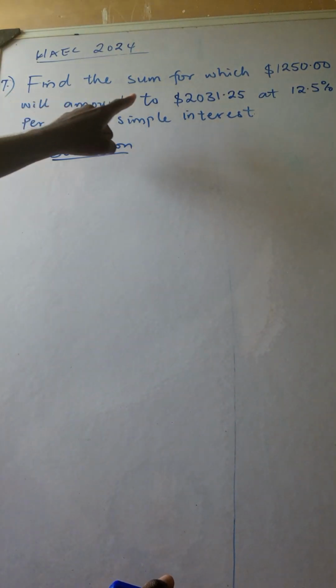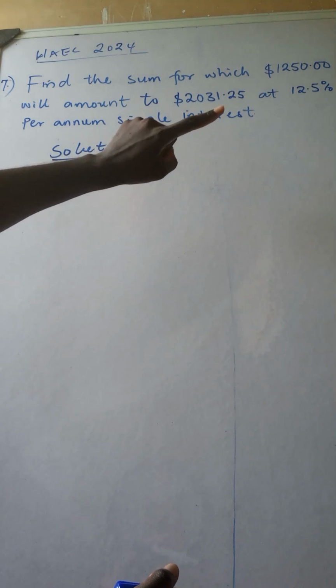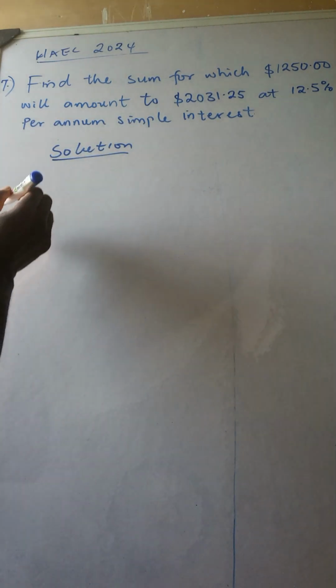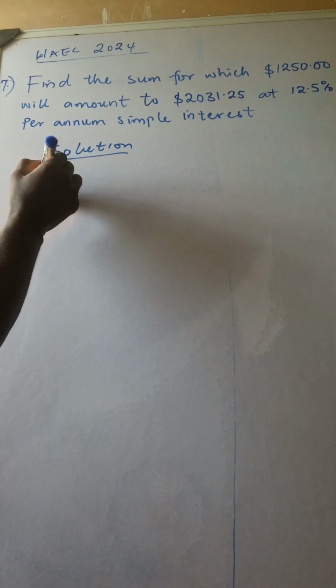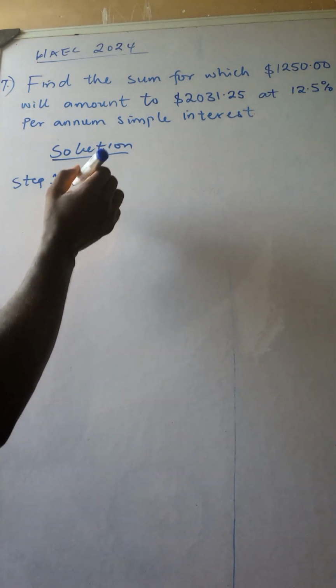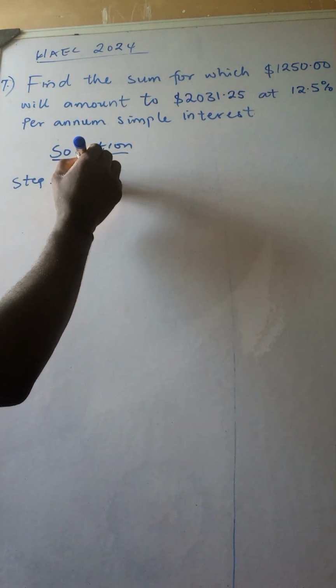So find the sum for which 1,250 will amount to $2,031.25 at 12.5% per annum simple interest. So the first thing you're going to do, your step one, is to find the simple interest. The simple interest here is the amount added to the top of the principal. So to get that, you do